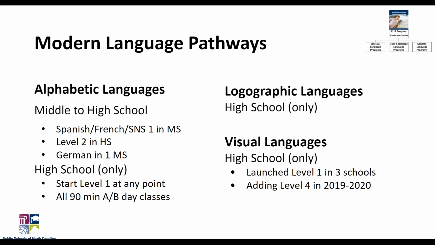It used to be that at high school, the level 1 courses were very high in enrollment as well as level 2. And now in high school, the level 1 courses, the enrollment is lower than it used to be because so many students are getting it in middle school. And then that allows them time to move on to upper level classes if they want to. If they're in Spanish, it gives them more time to be able to take AP Language and AP Literature, which is sometimes getting to that AP Lit course is a little hard to do in our schedule. And that gives an opportunity for that.